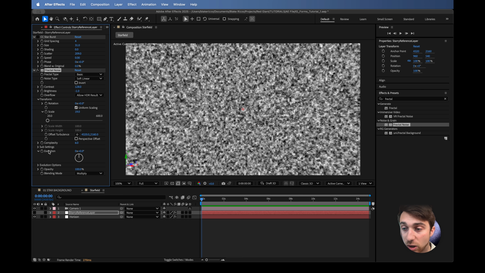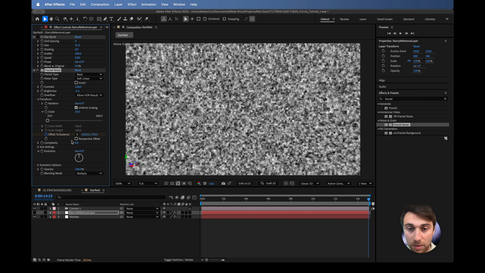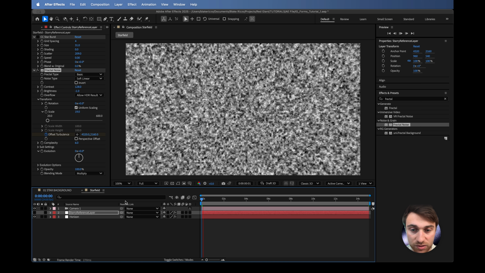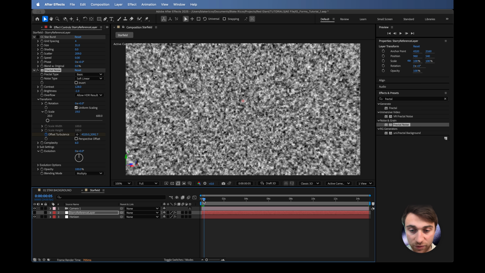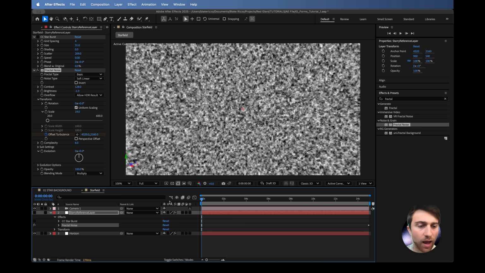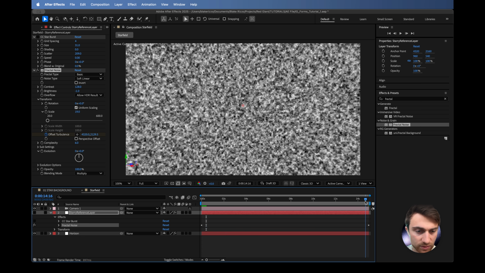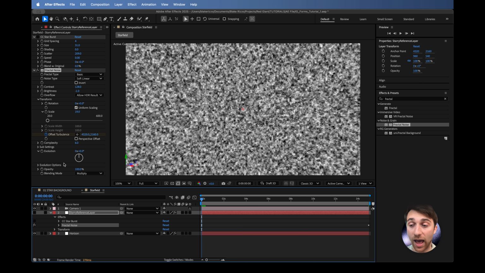I'm also going to animate the offset turbulence by clicking the stopwatch here. Go to the end, move this up maybe, and then we're going to see how fast this goes. Okay, that's way too fast. Let's make it slower. I keep dialing these keyframes until I get a speed that I like. Let's go a little faster. What I'm also going to do is animate the evolution, and we could add a keyframe